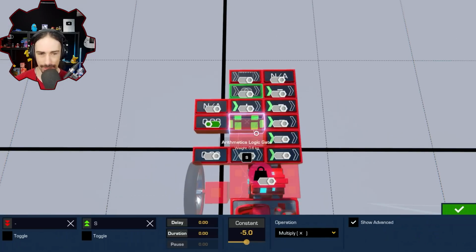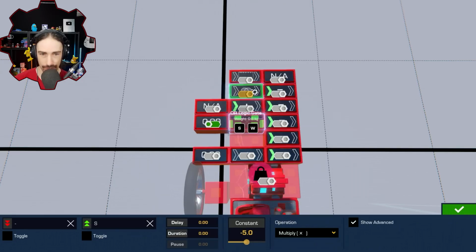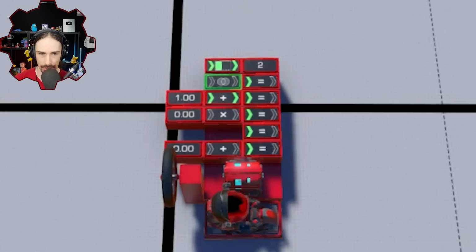All right, so now what I'm doing is I add another arithmetic logic gate set to multiply, and then I have my output as S, which will multiply by -5, which will then go into the accumulator, which should reset it back to 0 no matter what gear I'm in when I press S. I'm gonna go up to gear 2, and when I press S, you can see it goes down to 0,